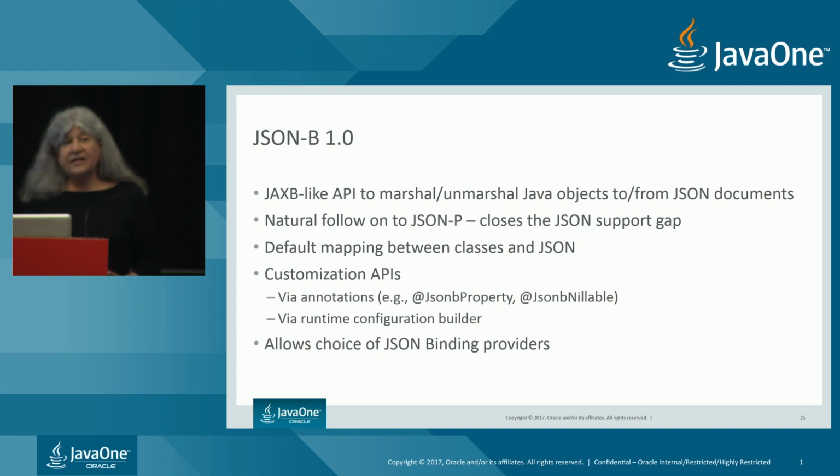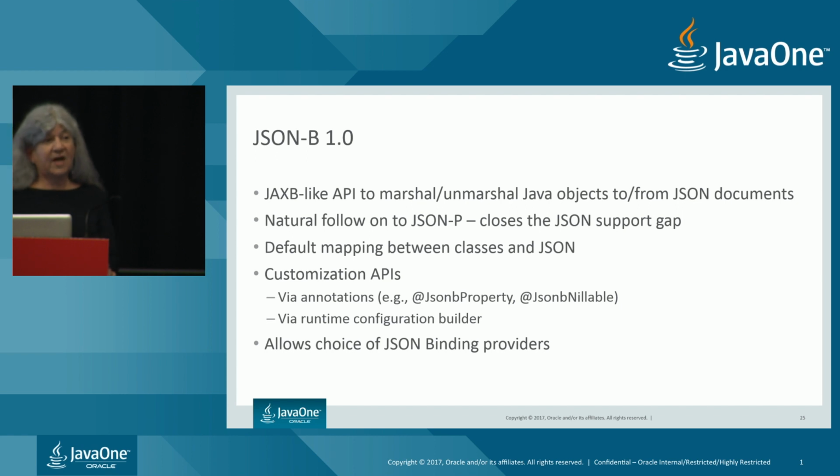Okay, JSON binding. This is a new API that we added in Java EE 8. It's a JAXB-like API to marshal and unmarshal between Java objects and JSON documents. So it's intended as a natural follow-on to augment the capabilities of the JSON Processing API. So like other mapping APIs that we have, things like JAXB or JPA, we designed this so that for convenience, one,